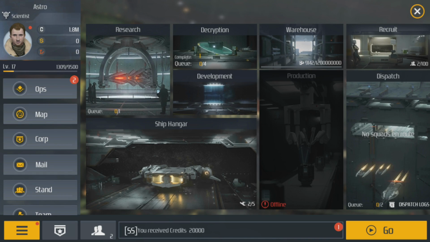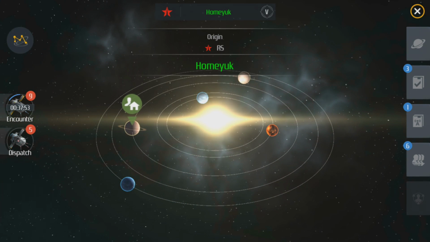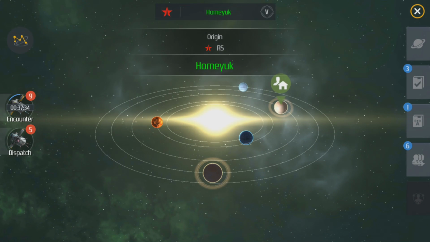If we just quickly go into the map, in here we go. We have a map of the current solar system. You can go ahead and search for encounters, which I believe is one every 4th hour. You save up like one counter you can then use to search up these encounters. You also have these dispatches here,